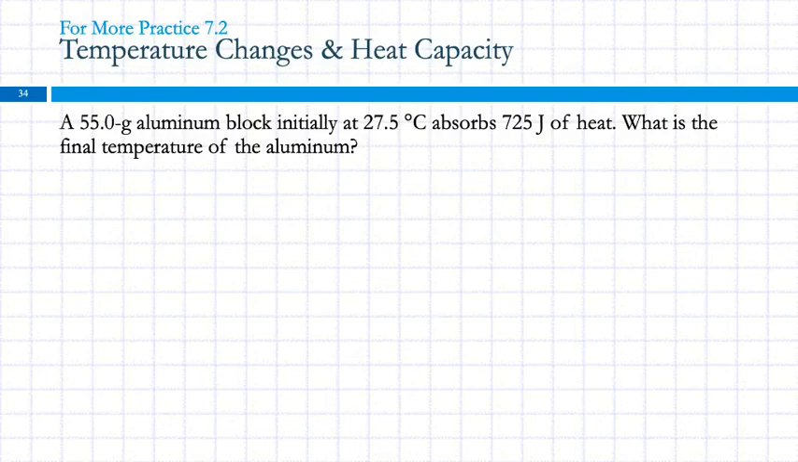A 55-gram aluminum block initially at 27.5 degrees C absorbs 725 joules of heat. What's the final temperature of the aluminum? So I've got 55 grams and I've got 27.5 degrees C and I've got 725 joules. Just pull the numbers out and then we're going to label them. 55 grams,